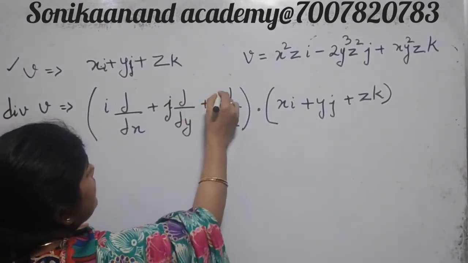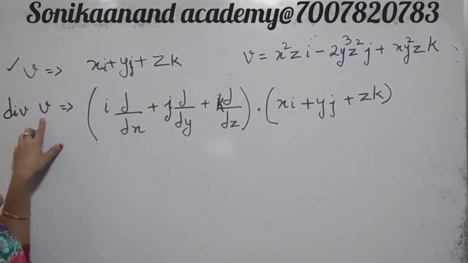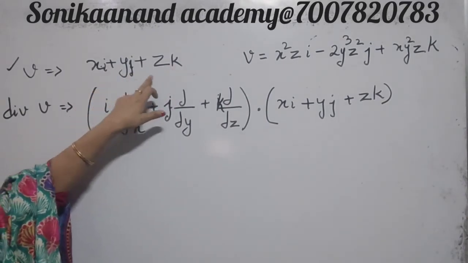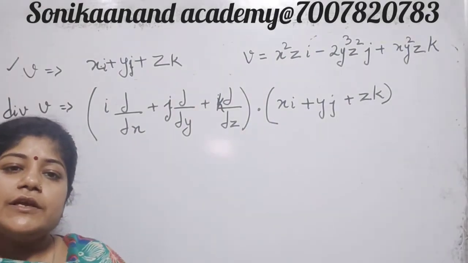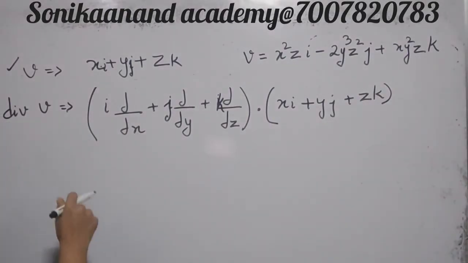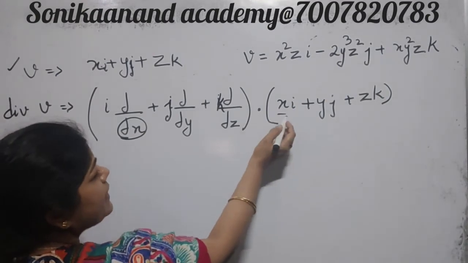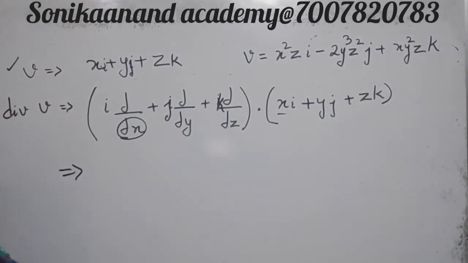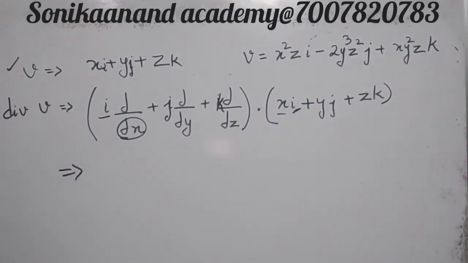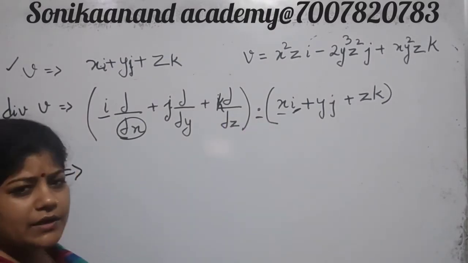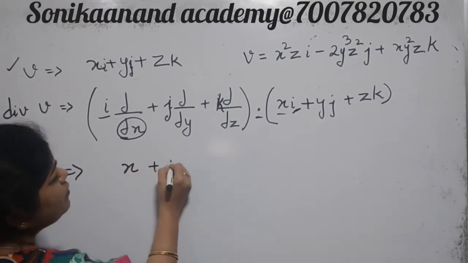i, j and k. Okay. So whenever it is asked to find a divergence, the vector is given in this form along with i, j, k vectors. Okay. But in case of gradient, i, j, k are not mentioned in the vector. Now in this, you again do the same thing. You have to differentiate the terms with respect to x, with respect to y, with respect to z. But here we also see that i dot i, and j dot j, it is equal to 1 for the scalar product. This is the scalar product of the vector. So we get only x, then we get y, we get z.